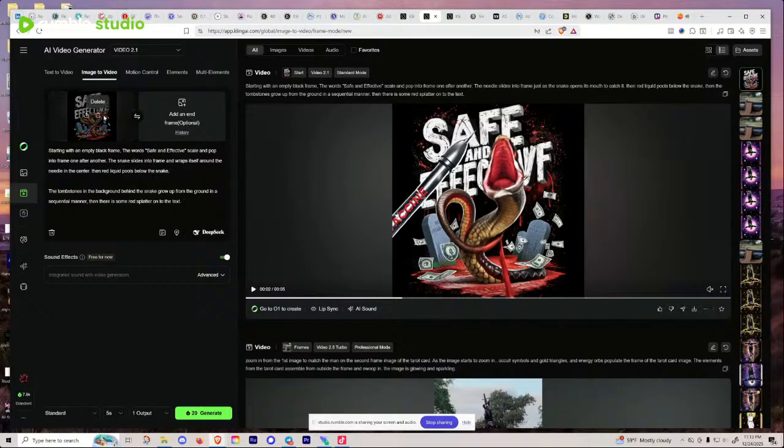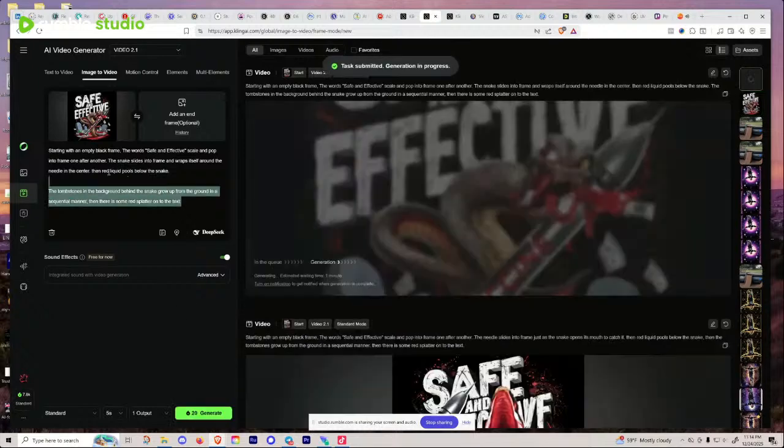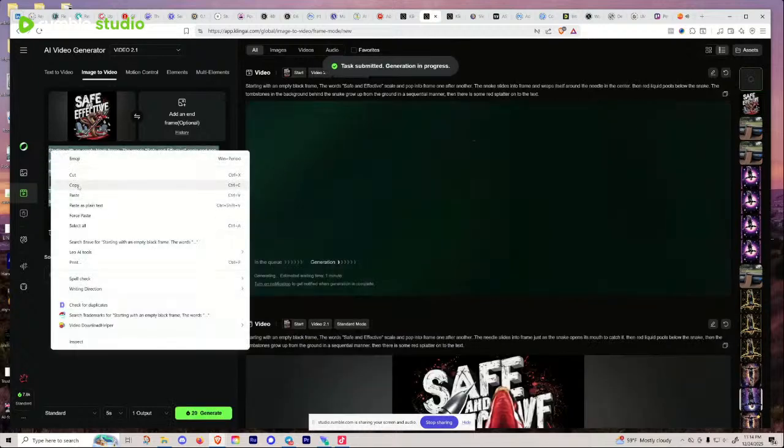My only issue is that because of the design, it's already blocking. As you can see, it's already blocking the letters. So that might be an issue. And if we can somehow solidify that text is there, then maybe that won't happen again. But I will try again. And I'll hit generate. While I'm doing that, I'm going to copy this text and then put it into Leonardo